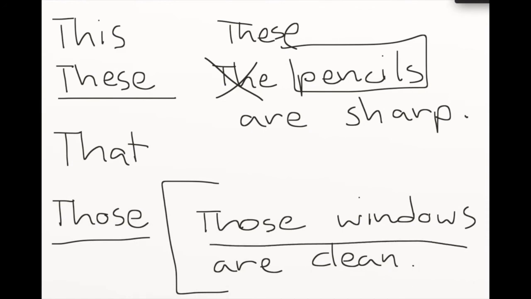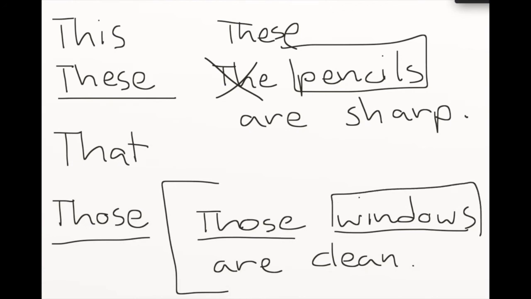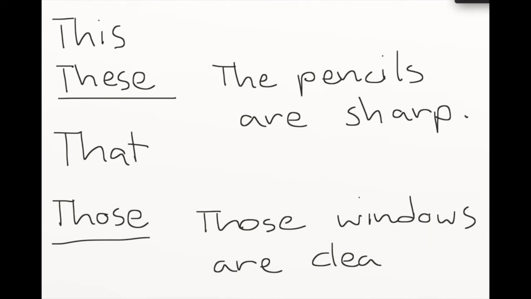And we have the same issue with the full sentence. So we have this pronoun, those, and then we have windows as the subject. Then we have the to be verb, are, and then we have an adjective to describe the windows, clean. And yet, this is a full sentence. Those windows are clean. Okay, so that is an example of pronoun